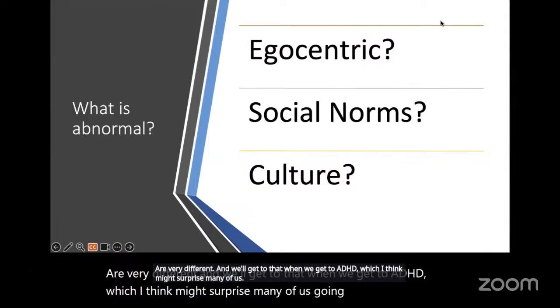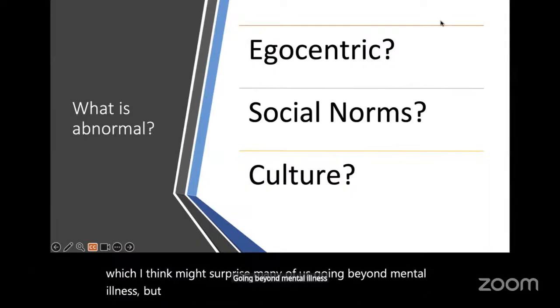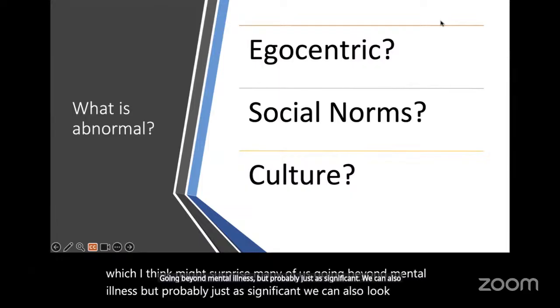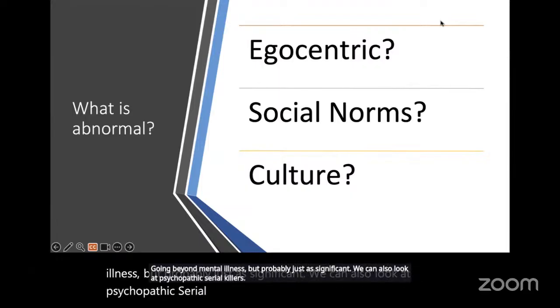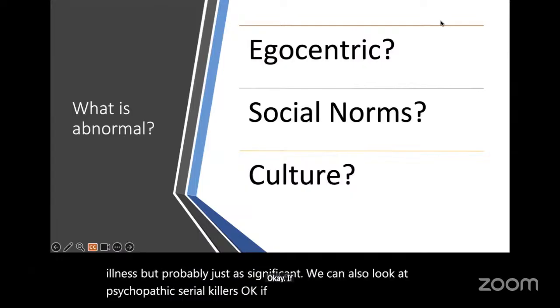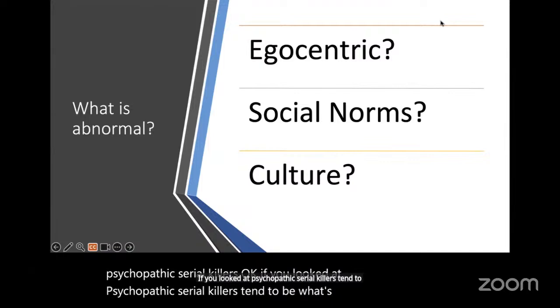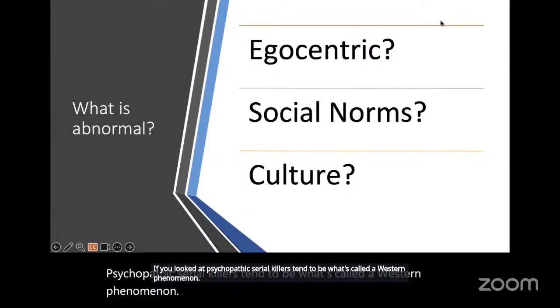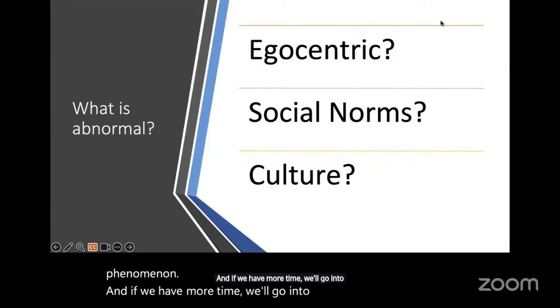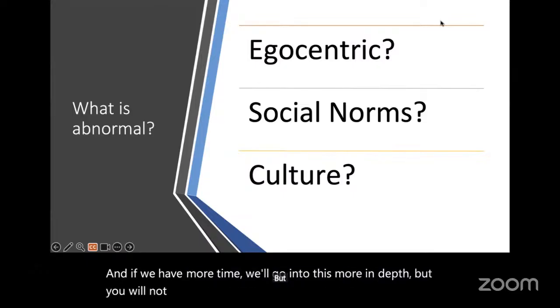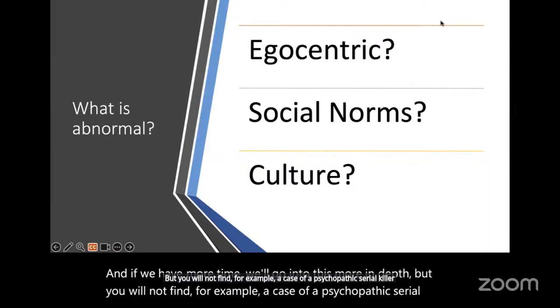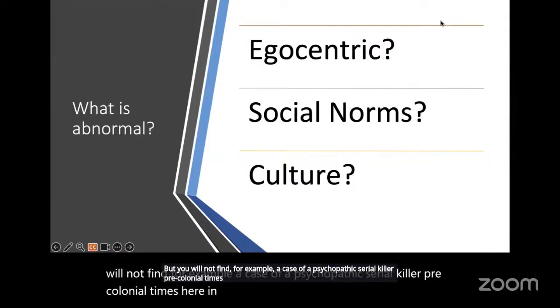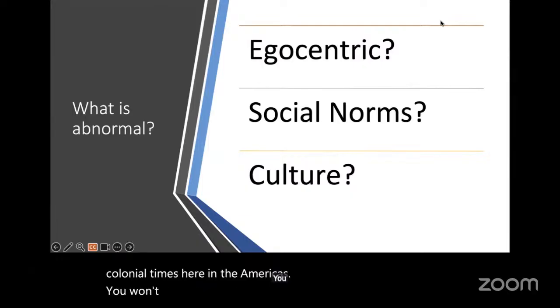Going beyond mental illness, but probably just as significant, we can also look at psychopathic serial killers. If you looked at psychopathic serial killers, they tend to be what's called a Western phenomenon. And if we have more time, we'll go into this more in depth. But you will not find, for example, a case of a psychopathic serial killer pre-colonial times here in the Americas. You won't find a serial killer in the Eastern lands, such as Asia,